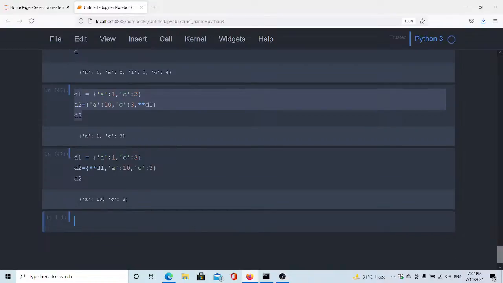Now A has a value of 10 and C has a value of 3 because this expression was evaluated first, and according to this evaluation the value of the key A is 10, so 10 is there, but it did not overwrite A is 1 because here A is 10 as well. Now if I try to change this to 100 for example and rerun the program, we'll end up with A to be 100 because now this has been overwritten. Likewise,